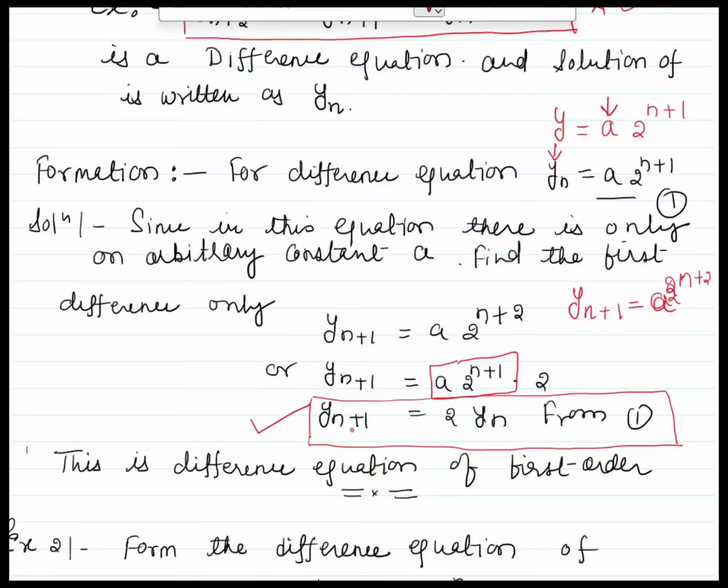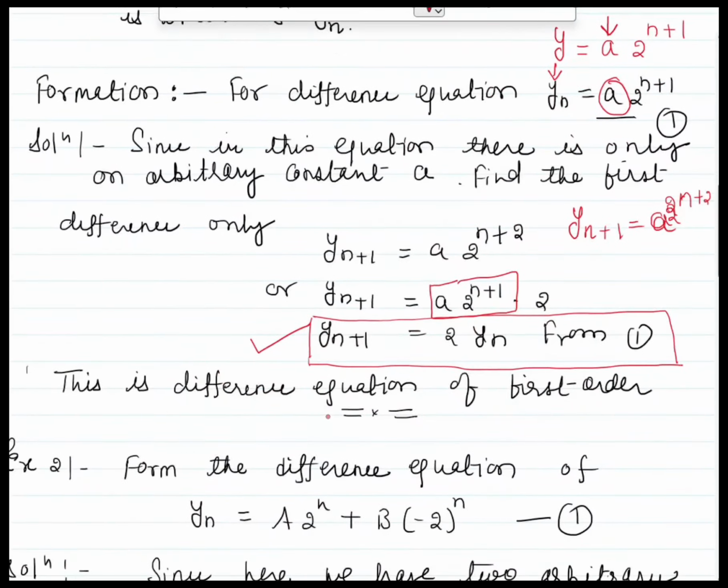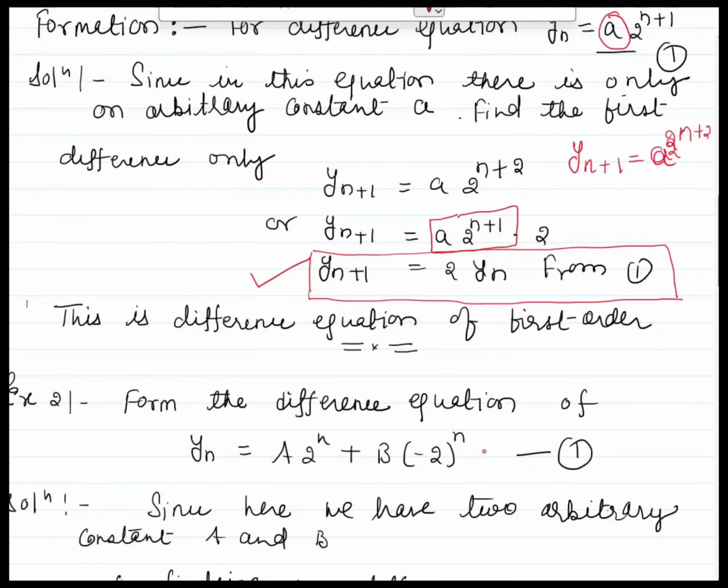So the aim is, in our relation or equation, just eliminate that constant. If we are able to eliminate that constant by finding the differences, that particular equation is known as a difference equation. So in this way we can form the difference equation from a relation or from an equation. If there is more than one constant, like in the next example, we have a relation or equation